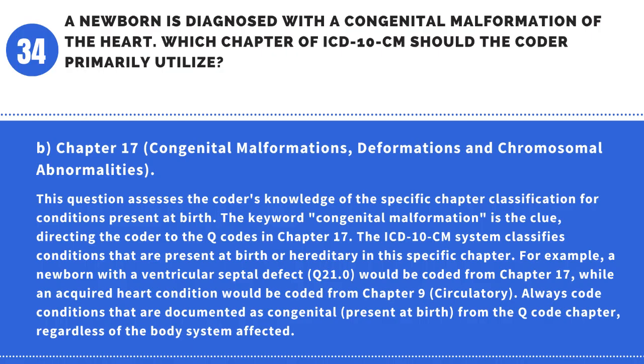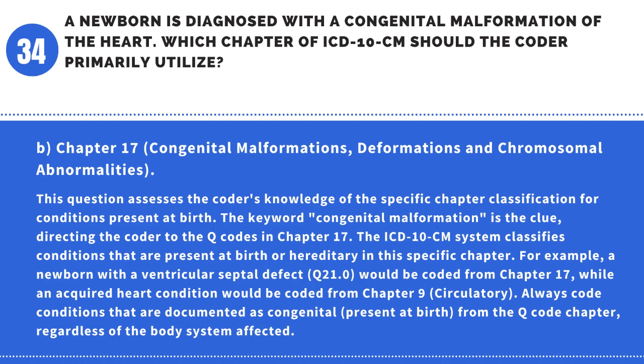This question assesses the coder's knowledge of the specific chapter classification for conditions present at birth. The keyword congenital malformation is the clue, directing the coder to the Q codes in Chapter 17. The ICD-10-CM system classifies conditions that are present at birth or hereditary in this specific chapter. For example, a newborn with a ventricular septal defect, Q21.0, would be coded from Chapter 17, while an acquired heart condition would be coded from Chapter 9, circulatory. Always code conditions that are documented as congenital, present at birth, from the Q code chapter, regardless of the body